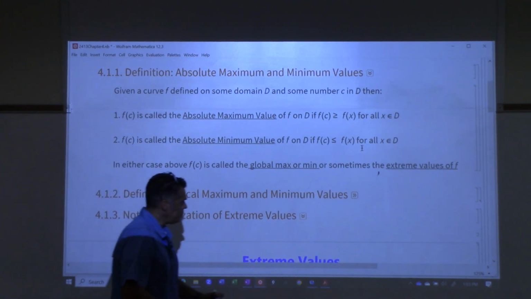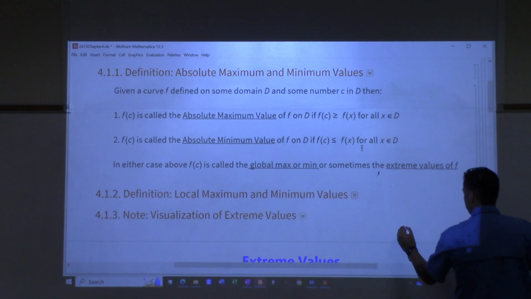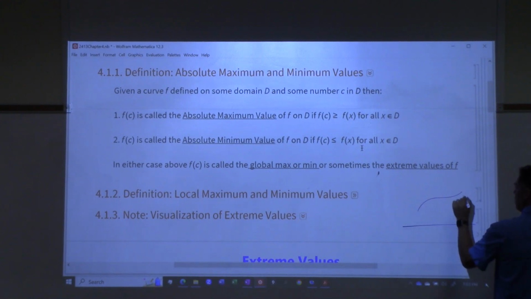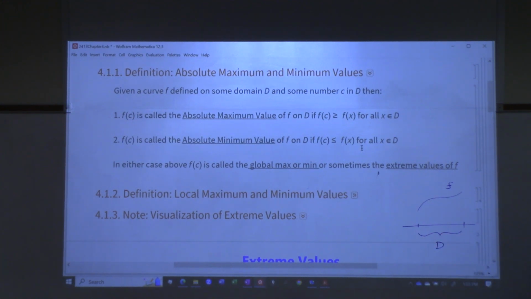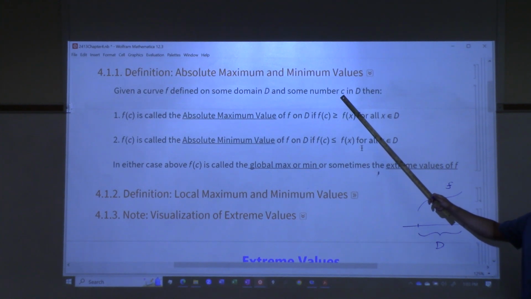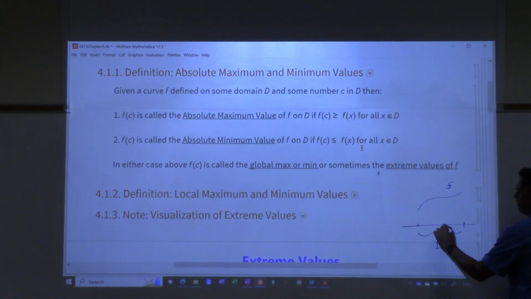So got some curve here, f, and it's defined on some domain, whatever that is, I'll call that D. Then it says here that some number c in D,